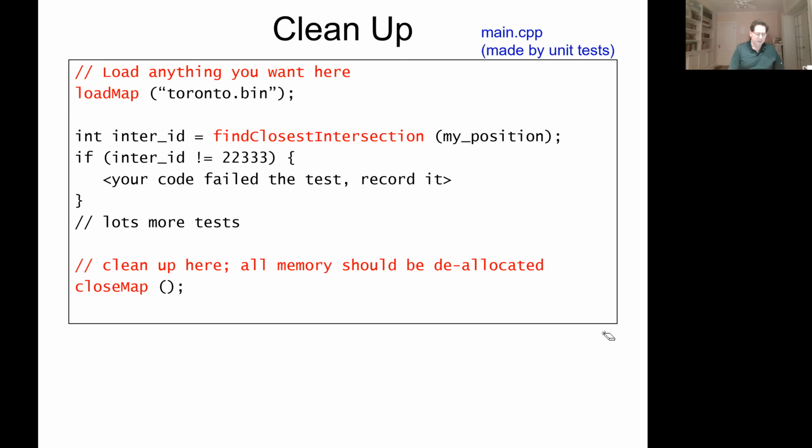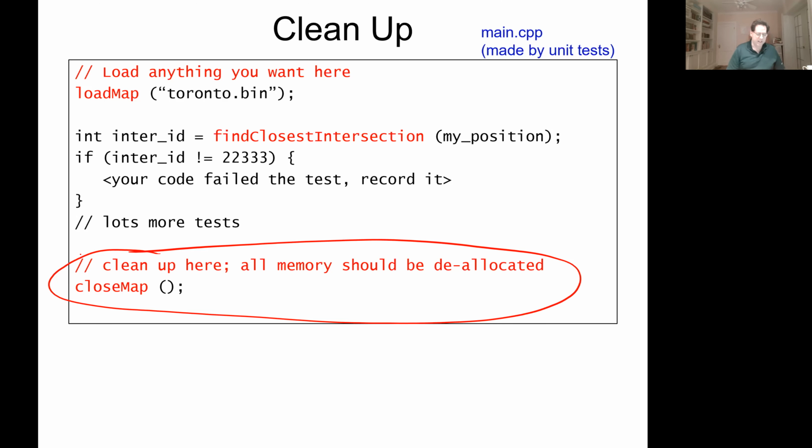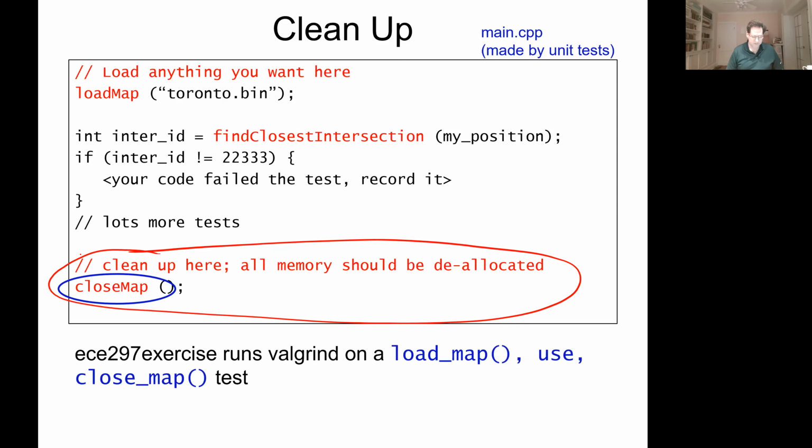You now need to clean up. So remember to clean up your memory at the end in your close map function. We'll always call that once we're done doing a bunch of queries in a city. The way ECE 297 exercises work is they always do this sequence of load map, use things, and then close map. And one of the tests runs valgrind. So if you leaked memory, we're going to find that in the valgrind test